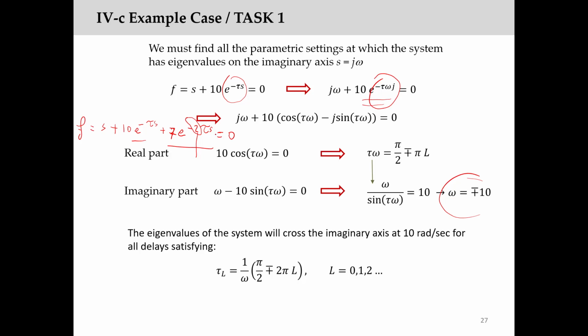You will have also a sine 2 tau omega term due to this term. So then you will end up having cosine tau omega, sine tau omega, cosine 2 tau omega, and sine 2 tau omega terms in the equation. Then it will very likely not be easy to analytically isolate omega from that equation because of multiple sine and cosine terms with different arguments. And so you can see how quickly this approach could fall short